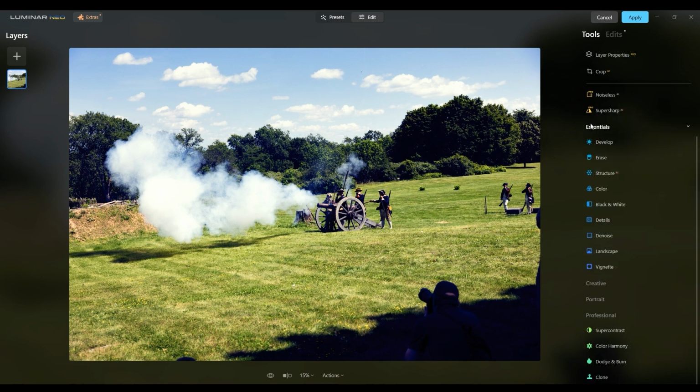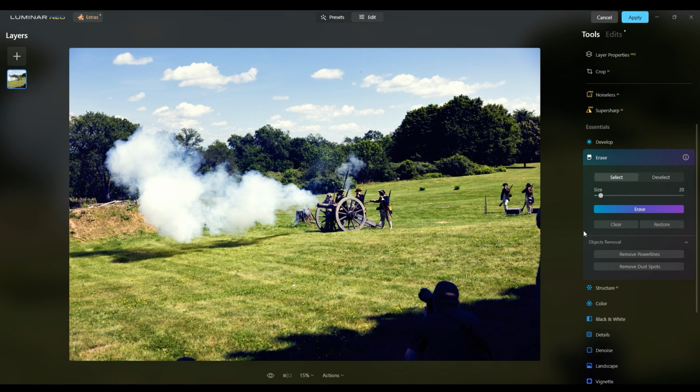And overall, I'm happy with the image the way it came out in Luminar Neo. It has that cinematic feel to it. I've dropped some more of this into the shadow so it's out of the way. I would most likely crop it, except I want to keep these guys in the photo. So this does have an erase tool, which you can use to paint over